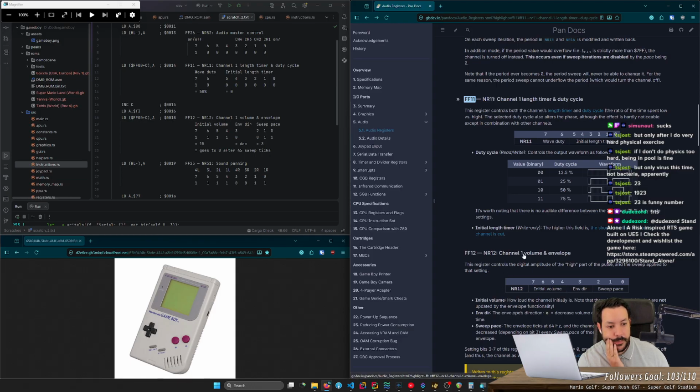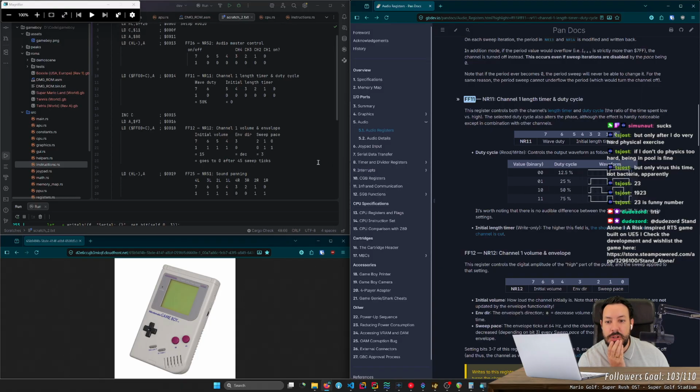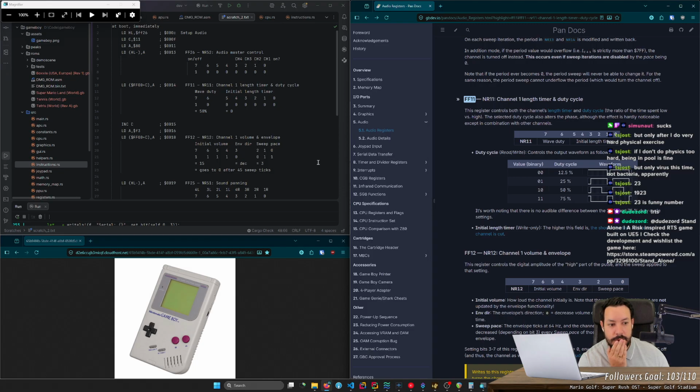But this only gives me the amplitude, right? It doesn't give me the frequency. So how do I know which frequency I should go with?